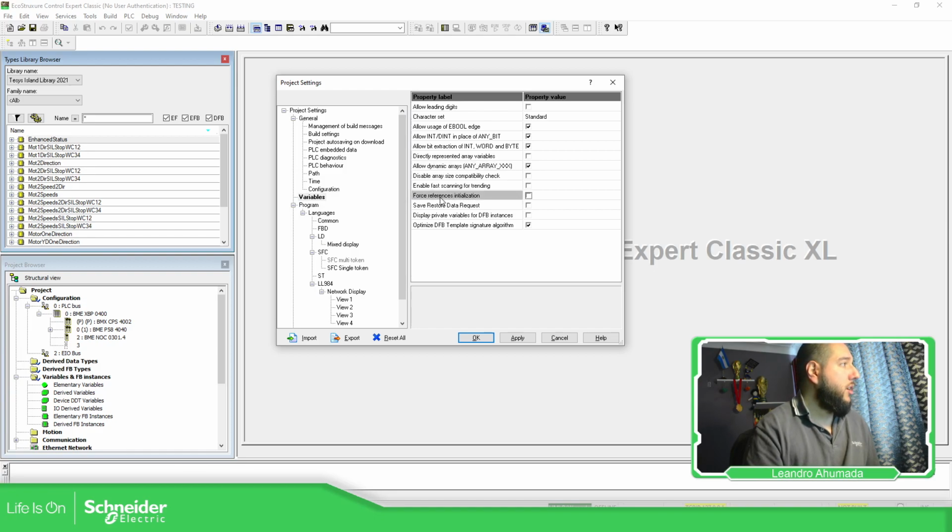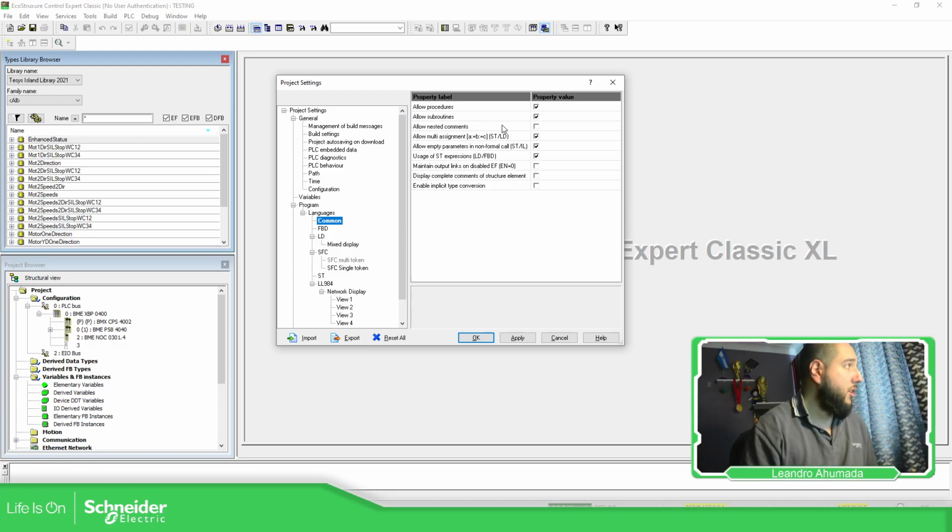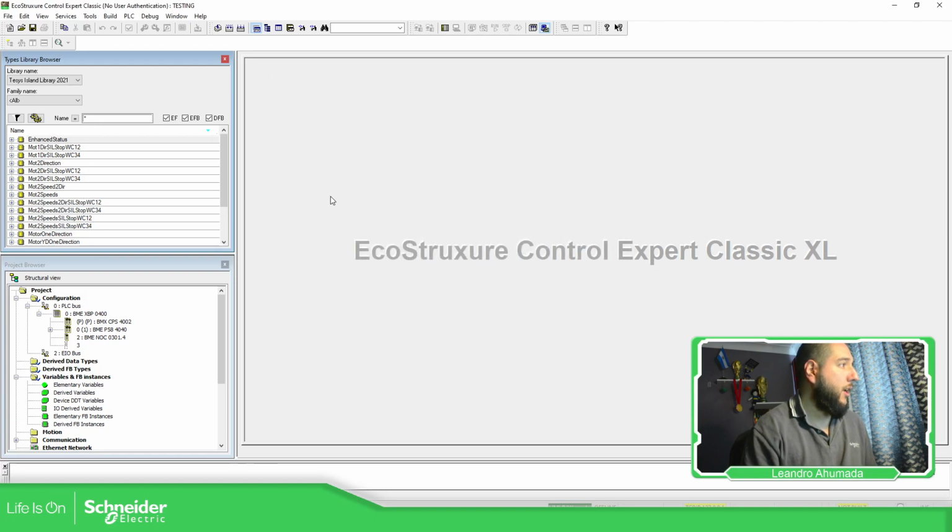We need to uncheck this force reference initialization, or whatever it says. Uncheck it, and here in language is common. That's it, and then we are ready to use.